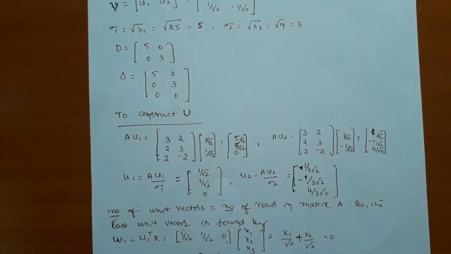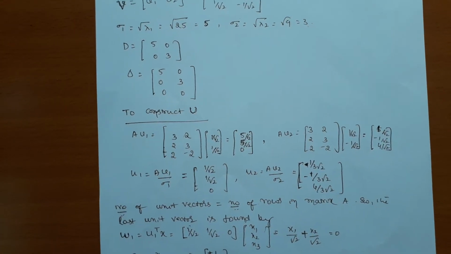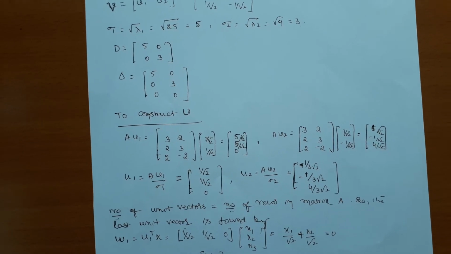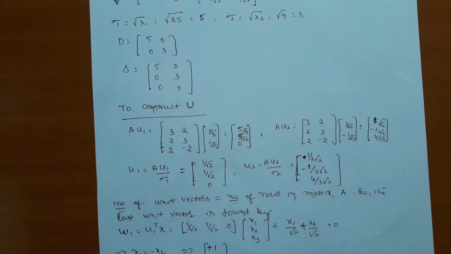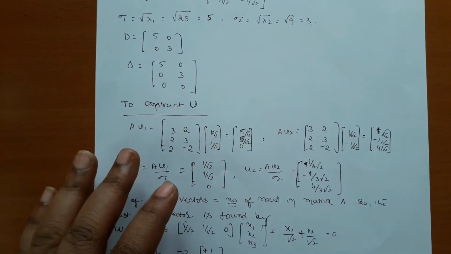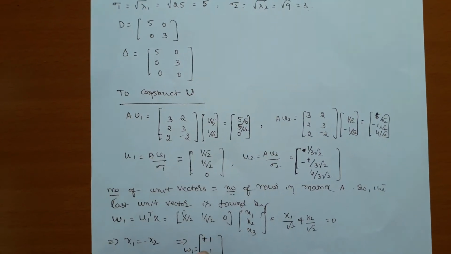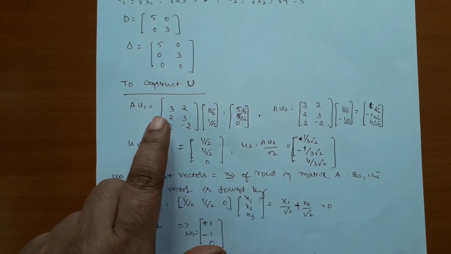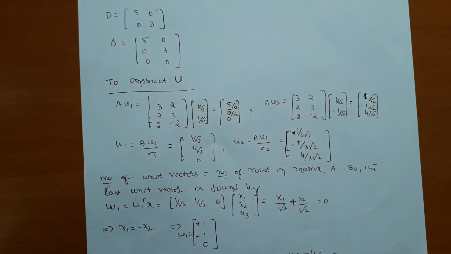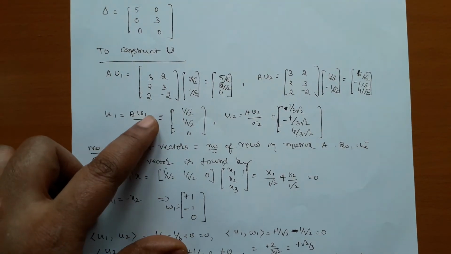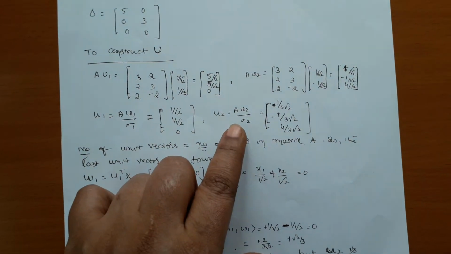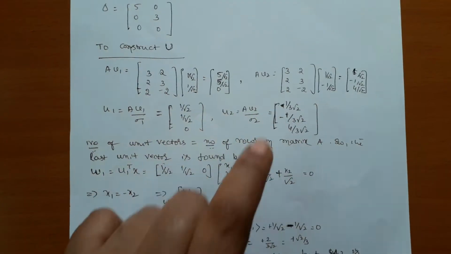Now we have to prepare a diagonal matrix using the non-zero singular values from the sigma matrix. But A has 3 rows. Therefore, I have to write it in the extreme left corner of the matrix, and the rest of the positions are filled by 0. So one row is 0. Now construct U. Calculate AV1 and AV2. From AV1 and AV2 you calculate u1. What is u1? AV1 divided by sigma 1. u2 is AV2 divided by sigma 2.